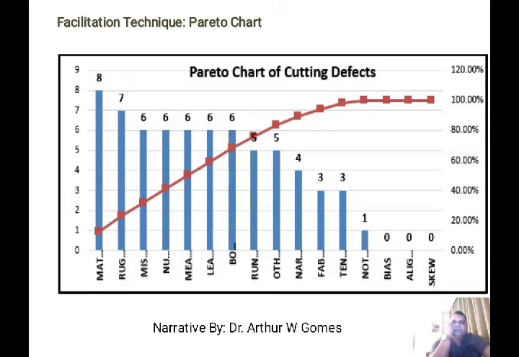Step 7. Draw a line graph of the cumulative percentage. The first point on the line should line up with the top of the first bar. Step 8. The last step is to analyze the diagram. This is done by identifying those items that appear to be the cause for most of the difficulties. Look for a clear break point in the line graph where it starts to level off quickly.